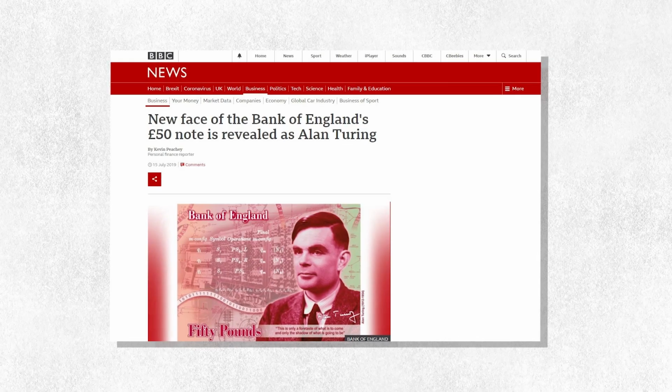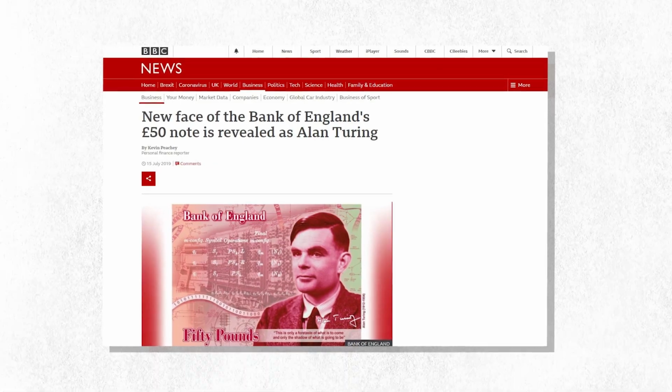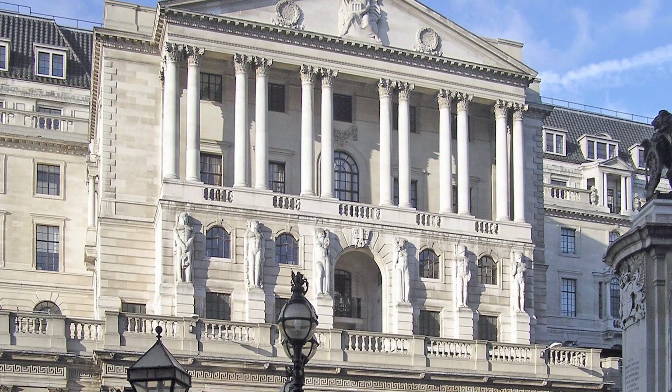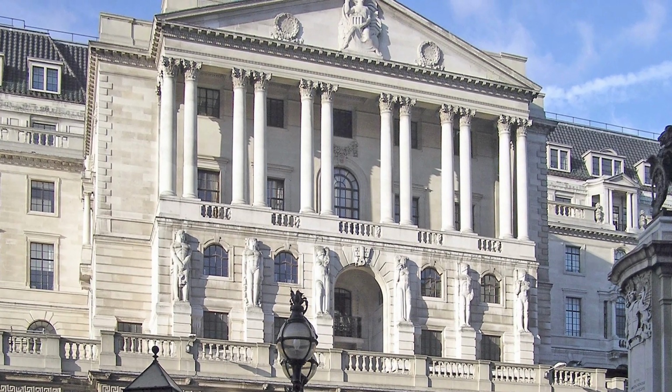This year, Alan Turing's legacy is being celebrated as he appears on the new British £50 note. The university has teamed up with the Bank of England to introduce the mathematics of Turing patterns to schools all over the UK. Here at the Bank of England, we want to get young people excited about maths and science and show them how these subjects relate to the natural world.